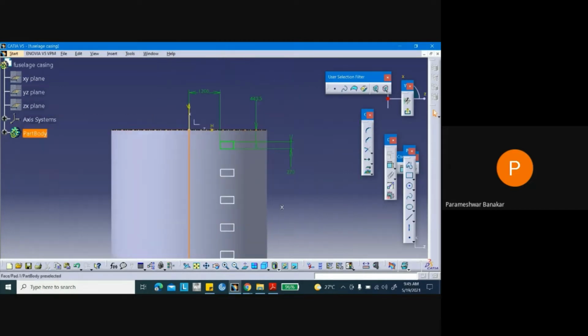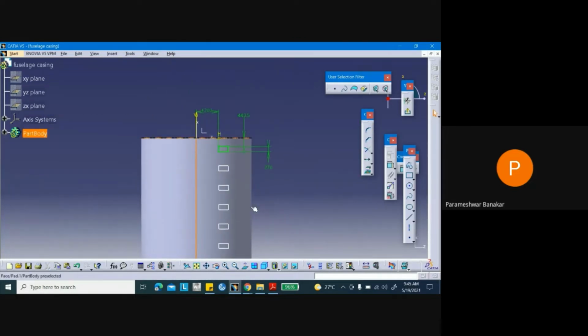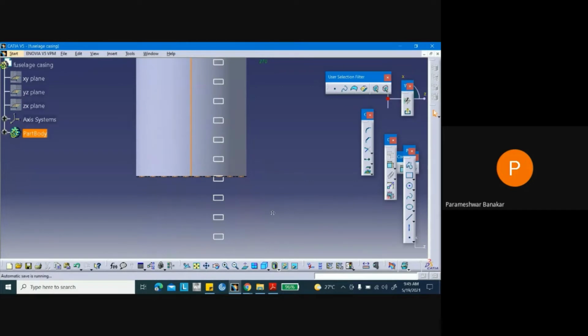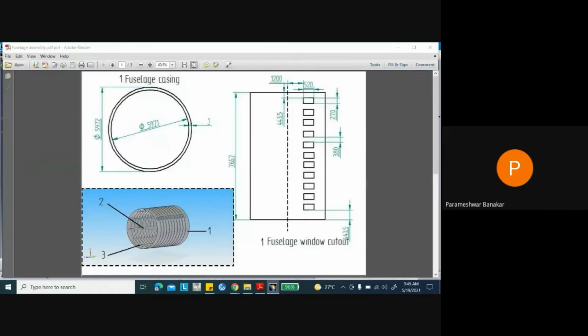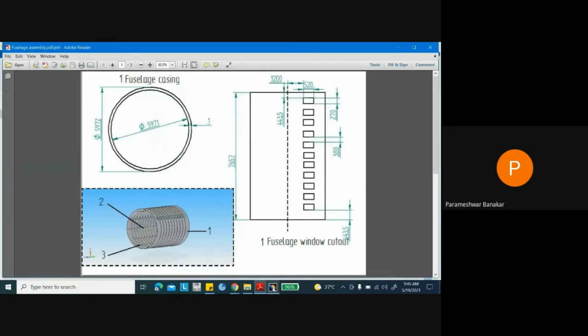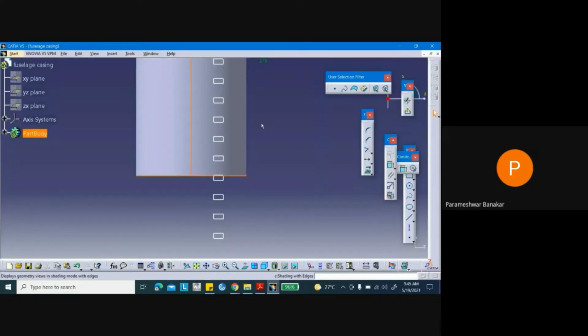Okay. So now I will give dimensions manually. I think it is just a second, it got hung up. Come on here. Okay.